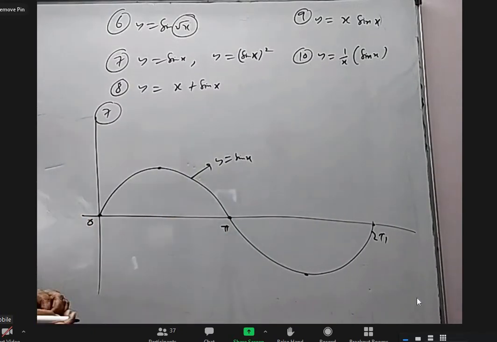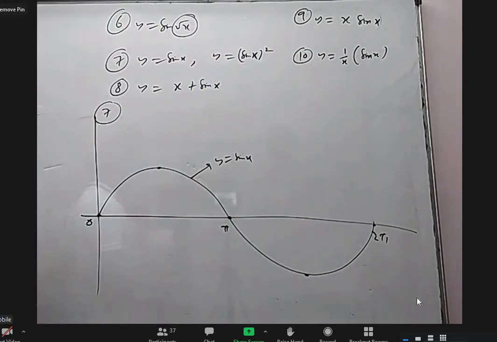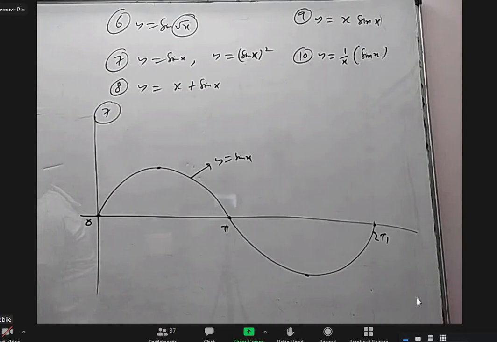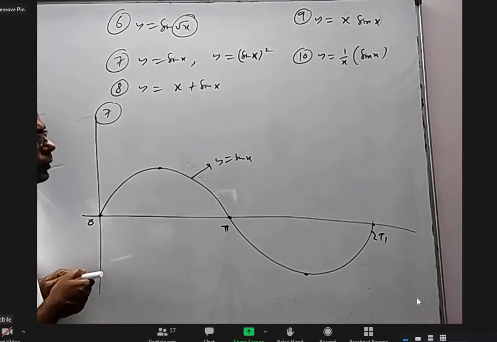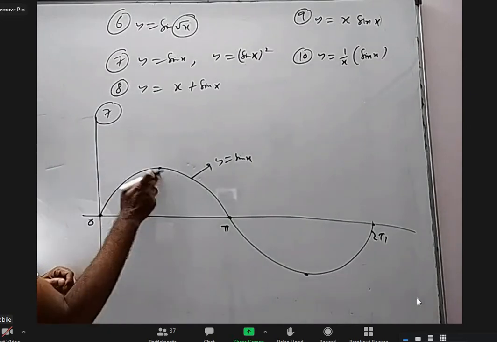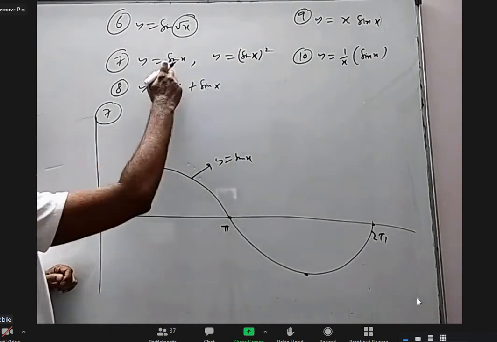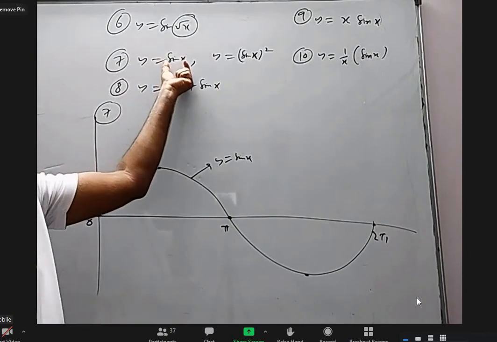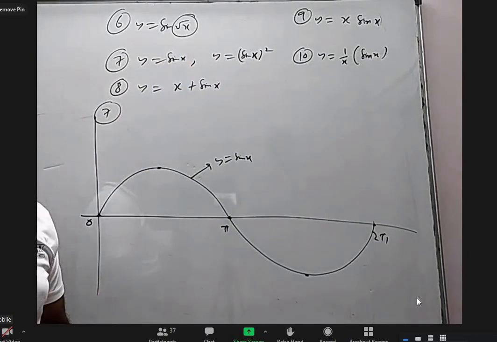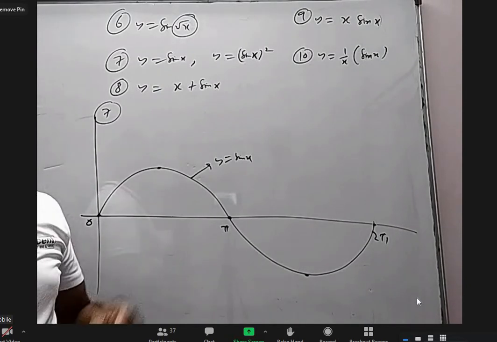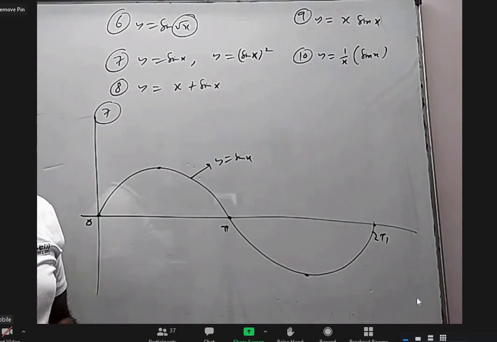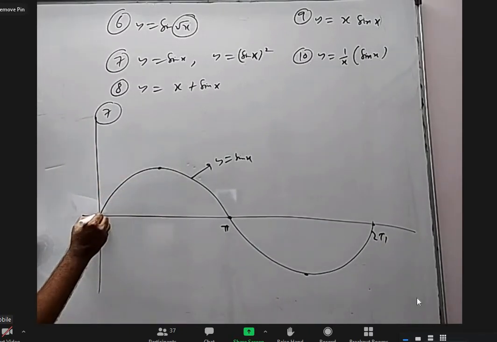In first and second quadrant, how will you think the sin x whole square graph will be? So a little bit it will be decreased, because 1 by 2 becomes 1 by 4. Every other place this is less than this, because if you take any number between 0 to 1 and square it, will it increase or decrease? Decrease. 1 by 2 whole square is 1 by 4, less than that. Root 3 by 2, which is 0.866, when you square it is 3 by 4, 0.75. So every value will come down a little bit.